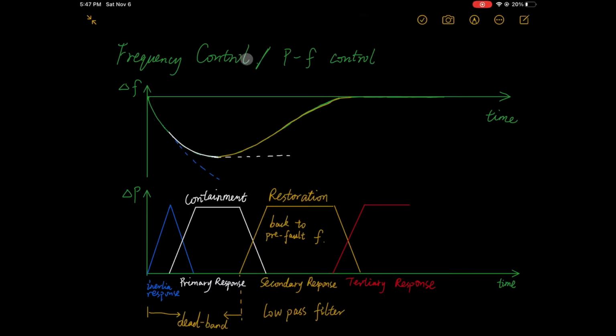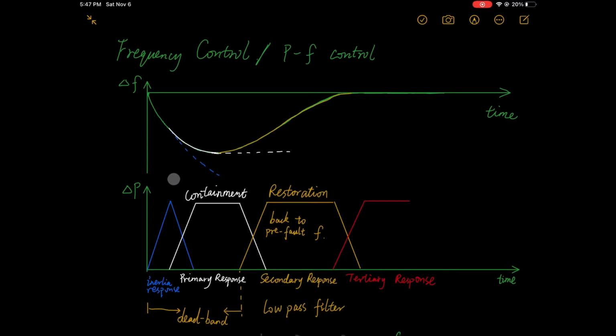When there's imbalance between generation and demand, system frequency will change. Let me explain how frequency control is imposed and why frequency will change like this. When there's a drift of frequency, the first thing that will happen is inertial response of the rotating masses according